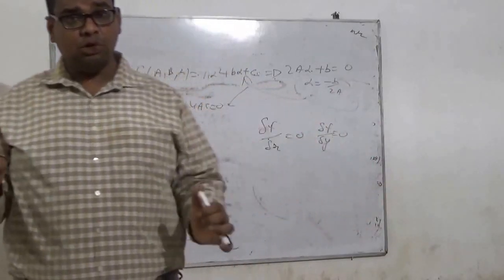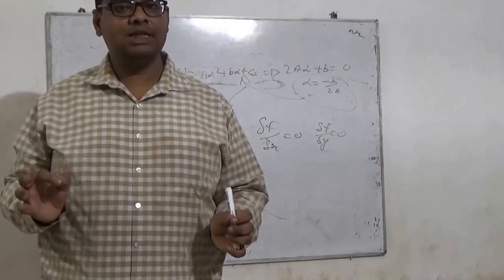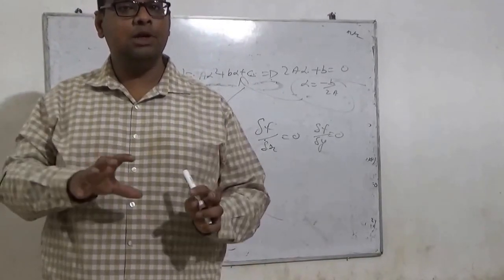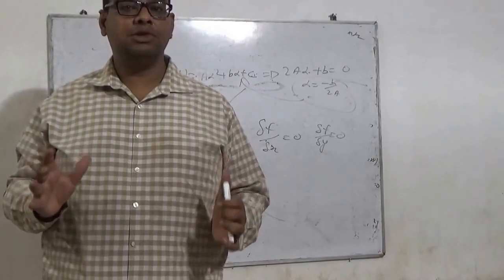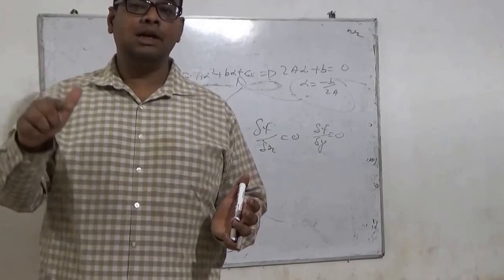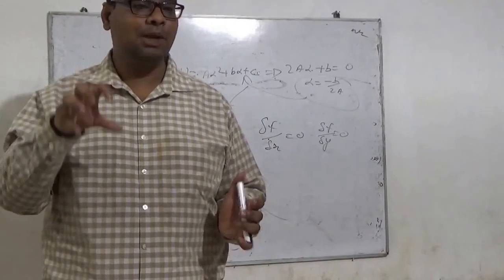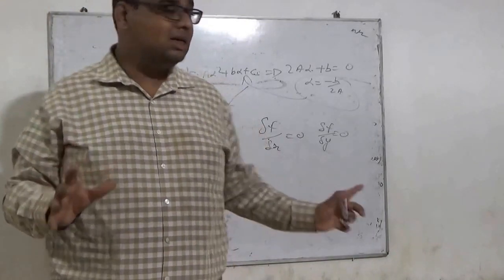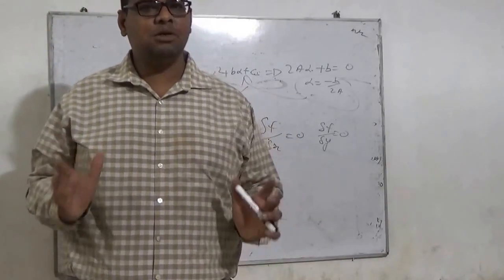So the basic of the envelope is that we have to differentiate with respect to the parameter, solve that differentiated equation together with the family of curves, and eliminate the parameter. Then we will get the equation of the envelope, which is the corresponding equation for the family of curves given in the problem. And in the case of a quadratic polynomial in terms of the parameter, the discriminant will represent the equation of the envelope. This is the basic of the envelope.